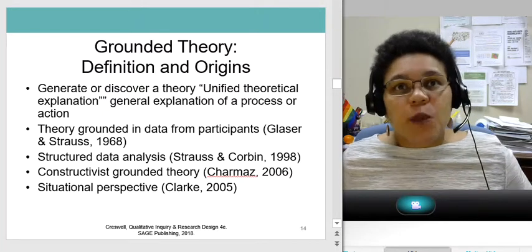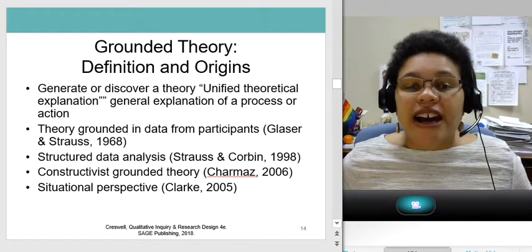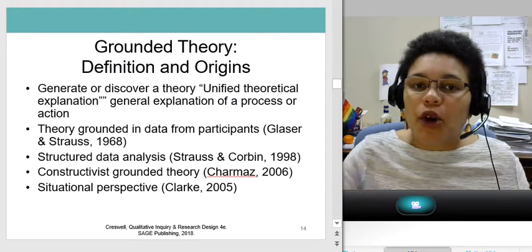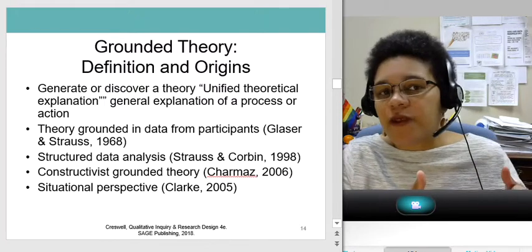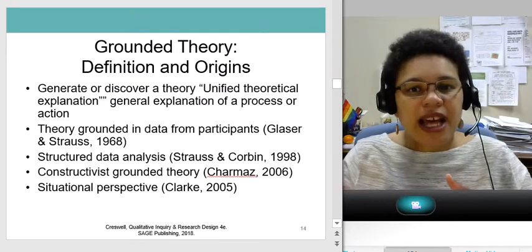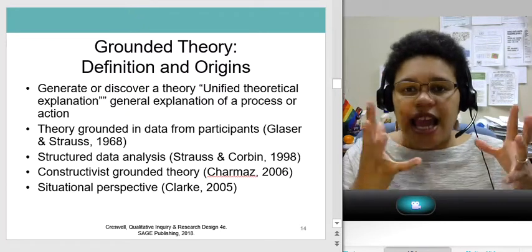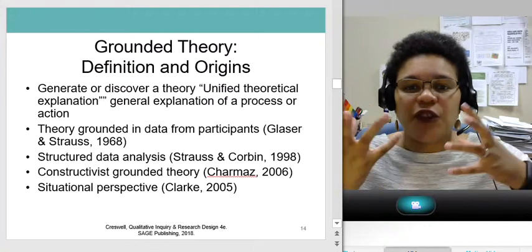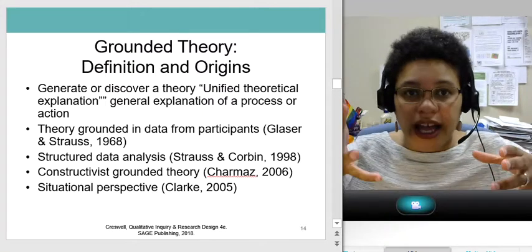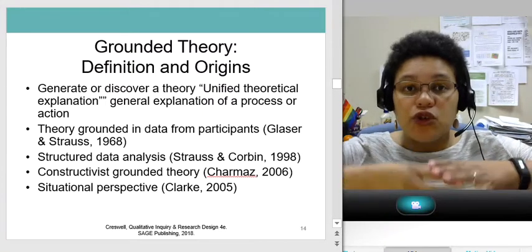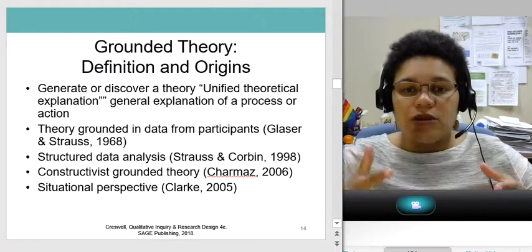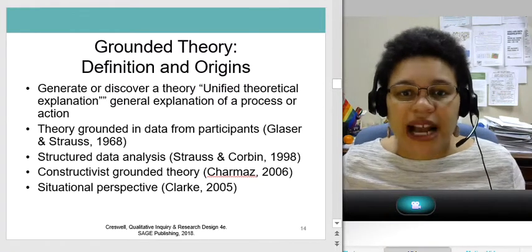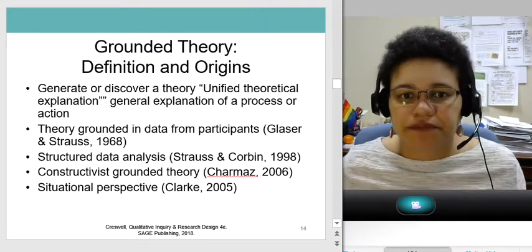But some would say that grounded theory can be seen as a more positivistic method rather than interpretivistic, because the idea is that you're going to get all this data until you find out the truth, okay, some universal truth about something, a general explanation of a process or an action, okay.